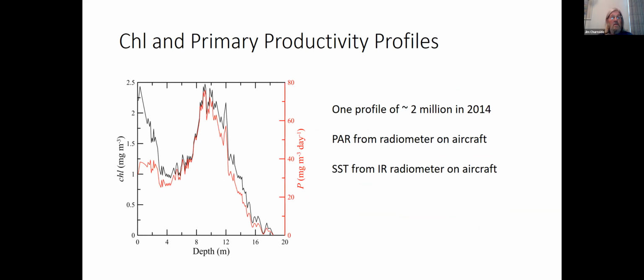This is one example, one profile from about 2 million. We didn't plot up all of those, obviously. The chlorophyll had a maximum at the surface, and then another subsurface chlorophyll layer at, again, about 10 meters. We got photosynthetic available radiation from an uplooking